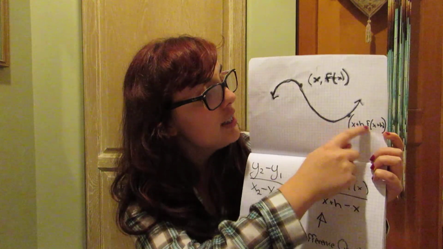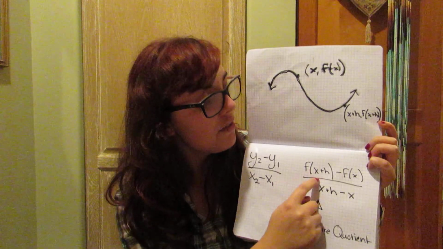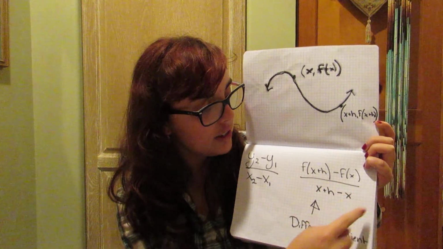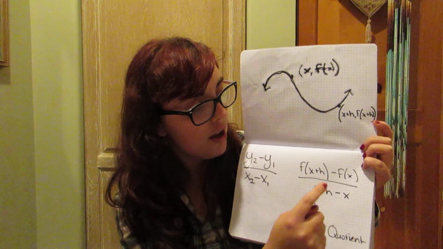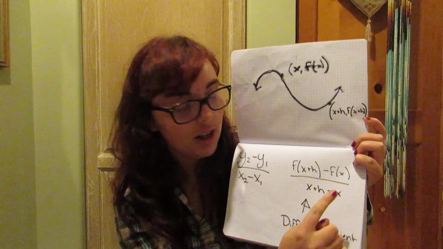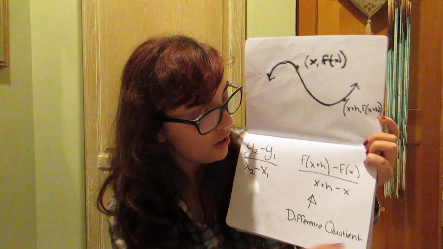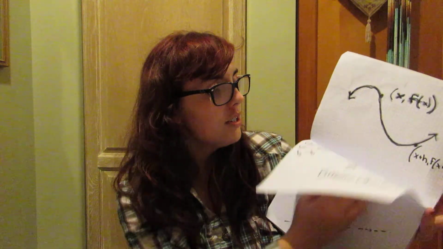So then you plug these 2 points into the slope formula, and you get f of x plus h minus f of x over x plus h minus x. And so you can just cross out these x's right here, and this is how you get the difference quotient. Well, in order to get the slope,